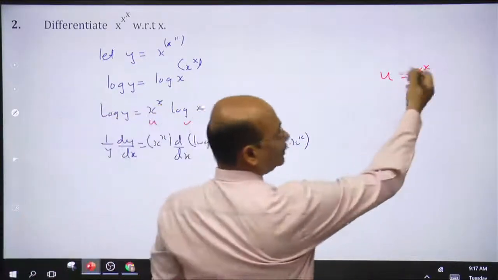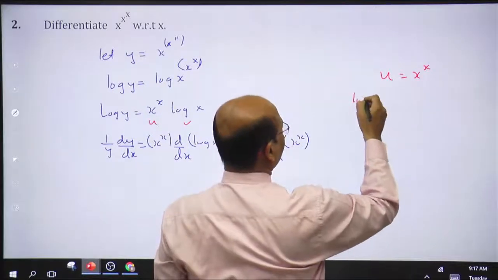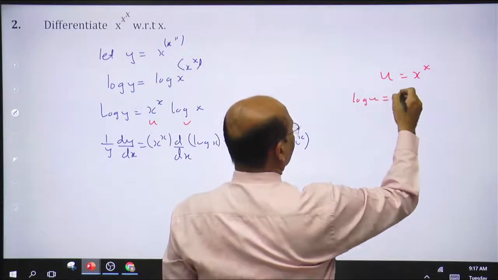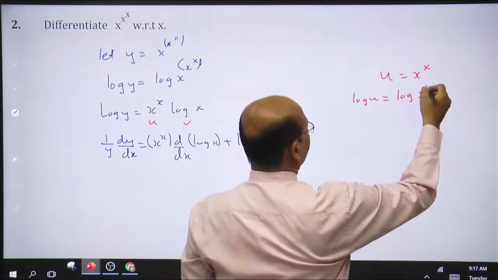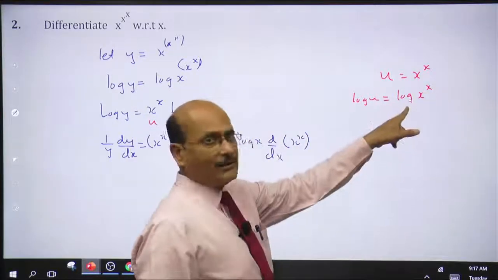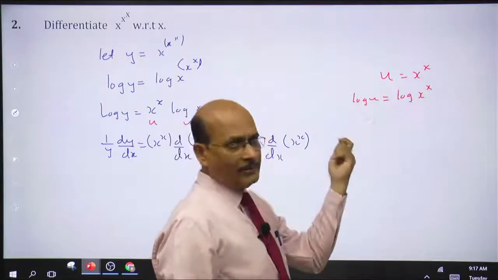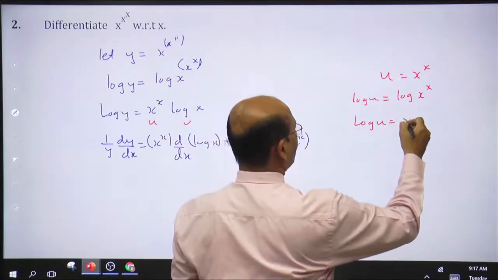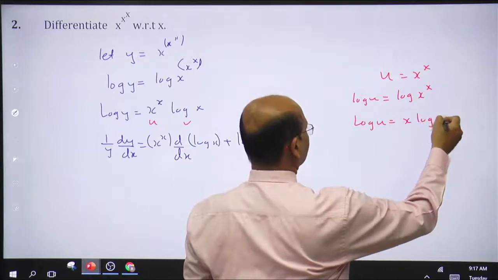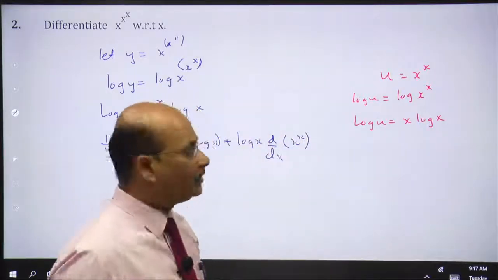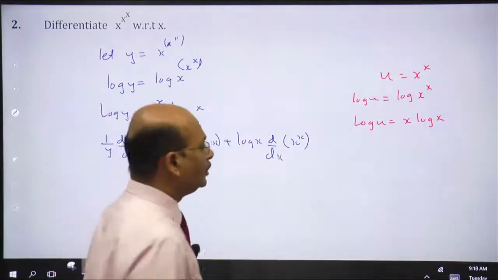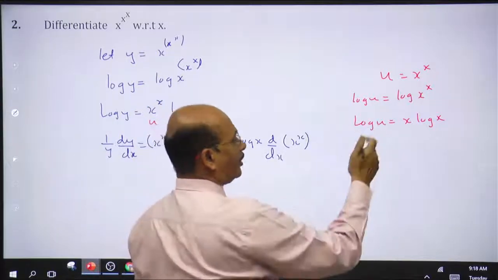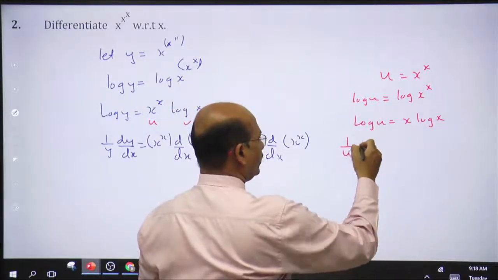So again function raised to function, take log on both the sides. So log of u is equal to log of x raised to x. Again apply the property, log m raised to n, bring the n down. So log of u is equal to x log x, right? Okay, I am done. So log of something, what is the derivative of log of something? 1 upon u du by dx